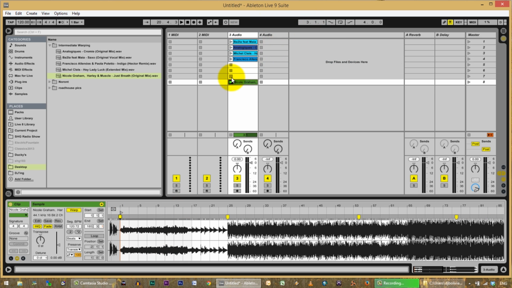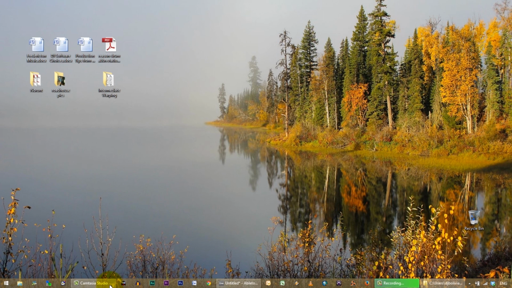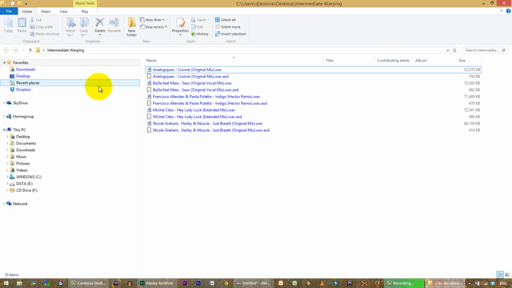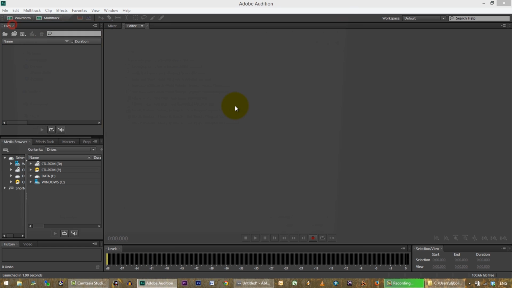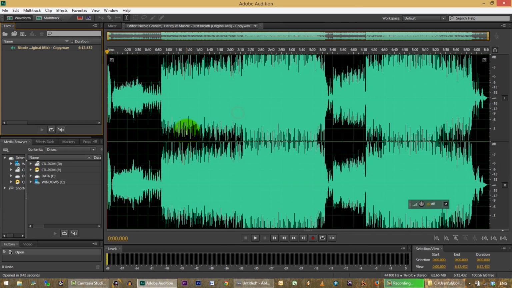Now, I mentioned that this little thing at the beginning, that's kind of annoying. If I had a choice, what I would do with that one is I would open my audio editor. Actually, I would go into the directory. So which one was it? It was the Just Breathe. So I'm going to copy, paste. I'm going to make a copy of this file. I'll go into my editor. I'll open the copy.